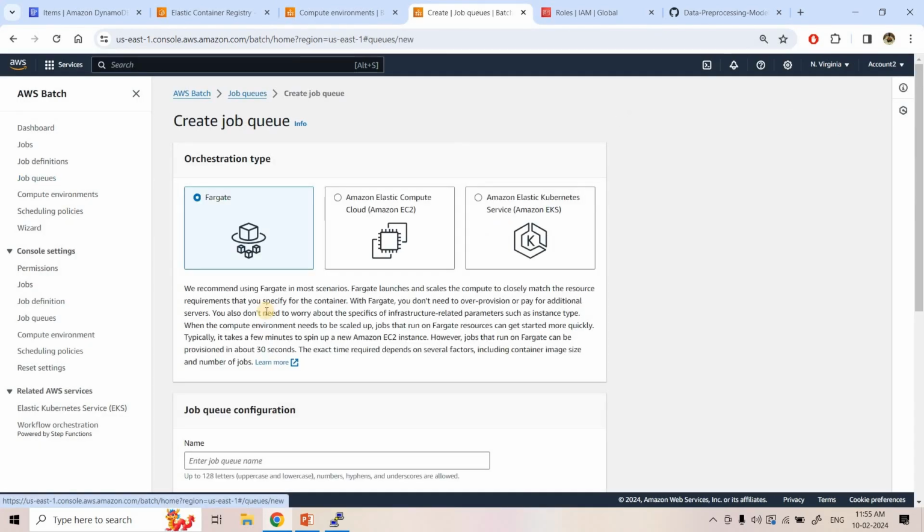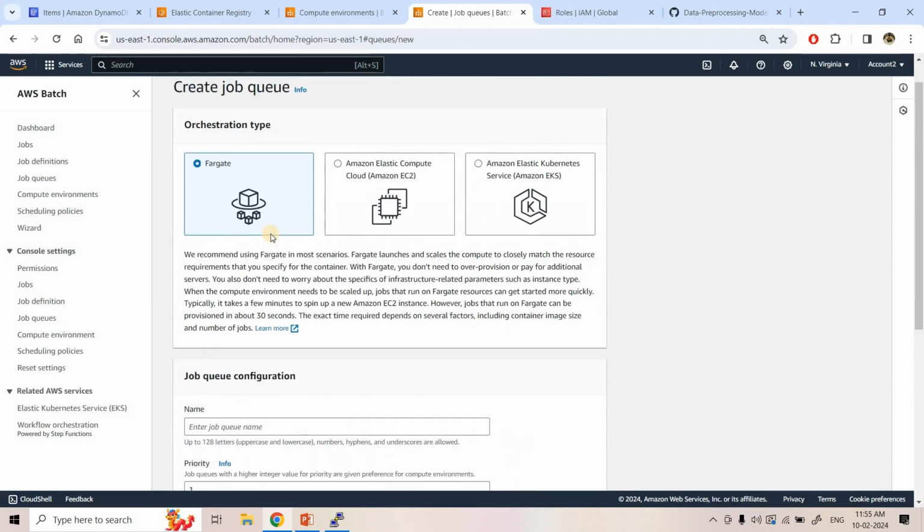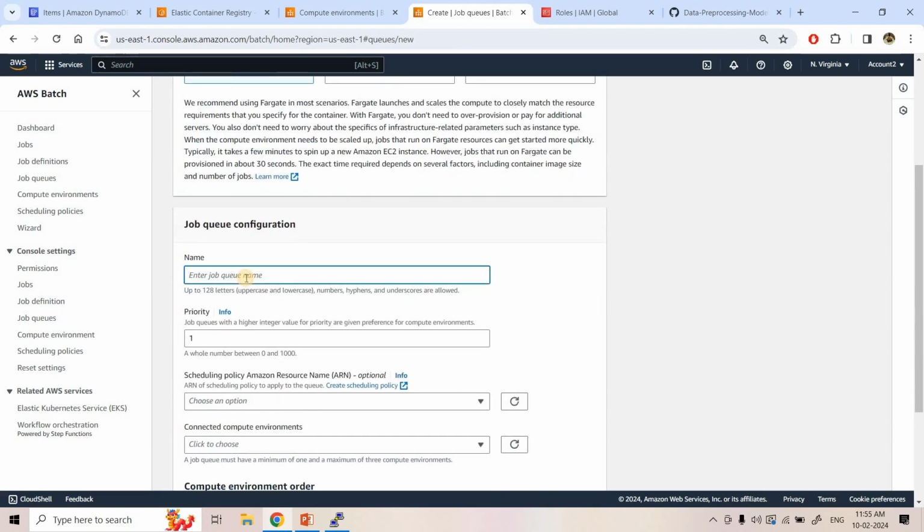In the job queue I will go to the create phase, and here I will choose Fargate only because our compute environment is of Fargate type. The name I will give demo yt AWS batch, and the priority we need to configure. So in different queues you can prioritize your different jobs. Here I am keeping priority as 1 only.